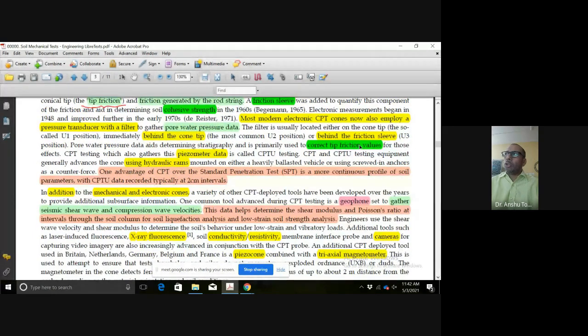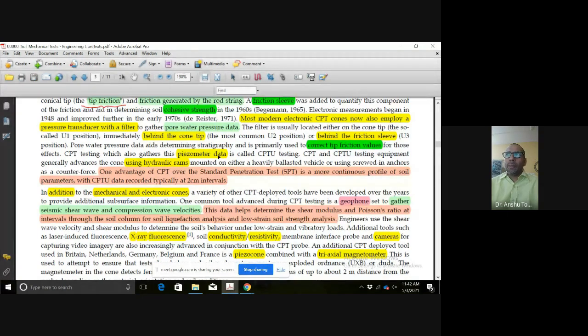Now it can also find out the friction resistance to correct the friction values in the formula. हम पहले एक फॉर्मूला से बेयरिंग कैपेसिटी निकाल लेंगे, या अगर आप पाइल डिजाइन कर रहे हो तो उसमें फ्रिक्शन रेजिस्टेंस को हम अलग से या तो माइनस करते हैं या प्लस करते हैं. So that can also be corrected based upon this particular attachment.